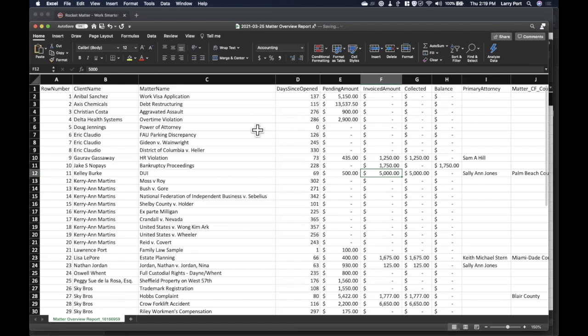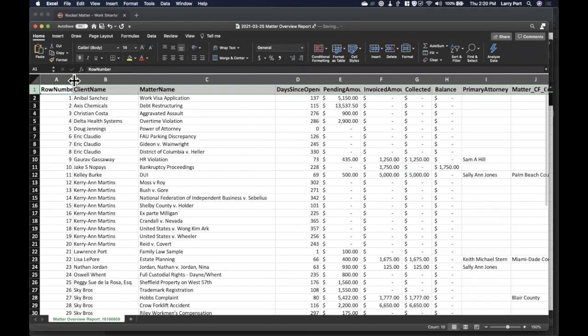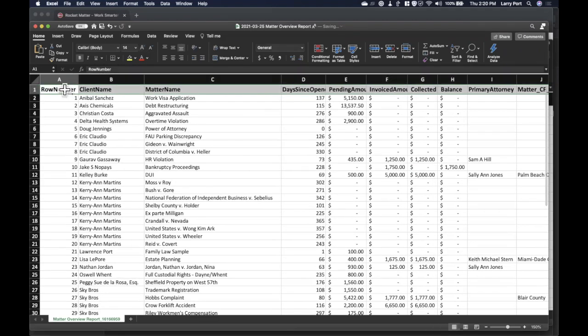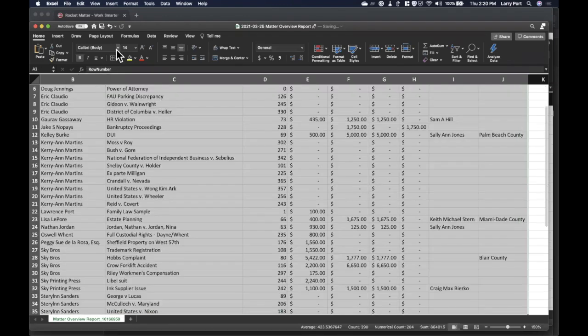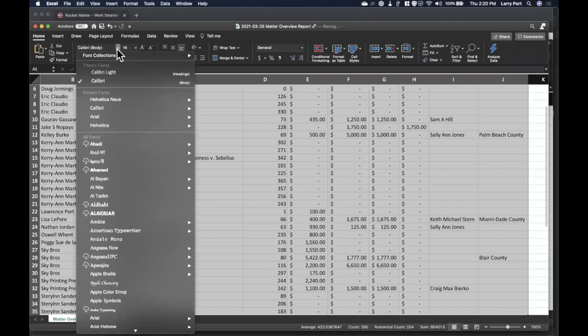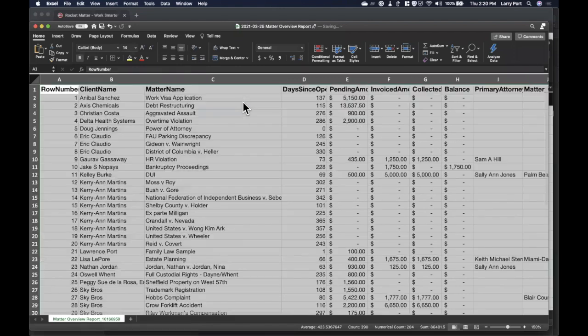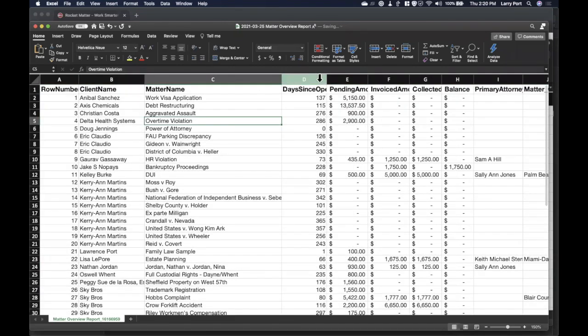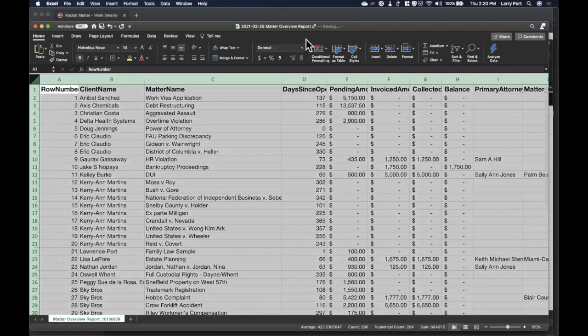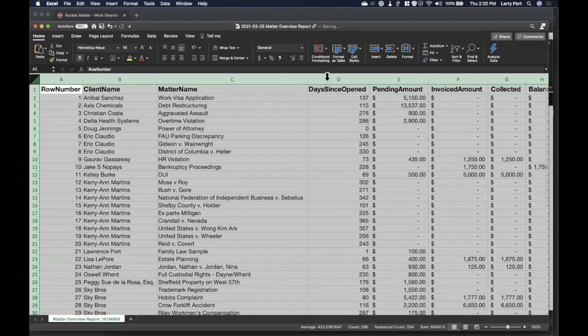And then you have the same kind of formatting options that you have in Word. So let's take our header, right? And let's make it bold. And let's bump up the font size. And maybe we don't like Calibri. Maybe we like something else. So we can go up here and we can change the font now that we have the spinning wheel of death. There we go. Let's change it to Helvetica Neue. Okay, now we have a different font. Oh, and look, the columns are all screwed up. So I can do select all, and then I can double click here, and then everything's now fixed again.